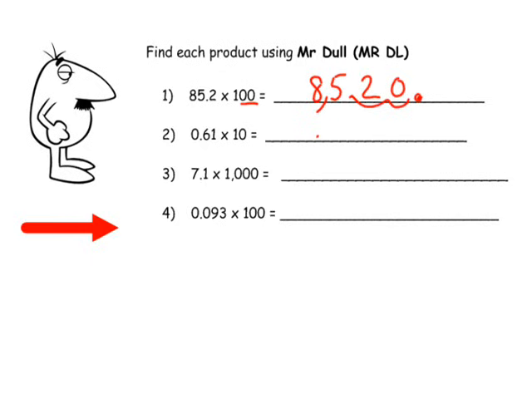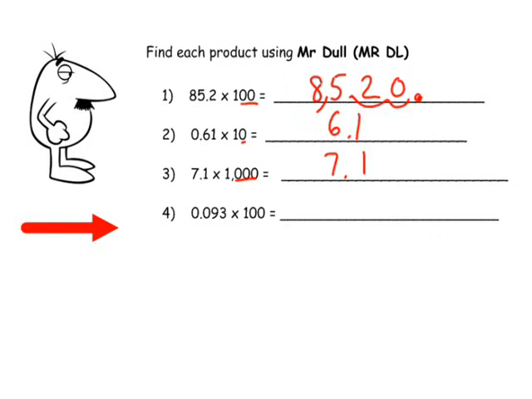Here we're multiplying 61 hundredths times 10. There's 1 zero, so we're going to move the decimal 1 to the right. It would be 6 and 1/10. Really what you should do is you should erase that first decimal, and make it 6.1. Okay, 7.1 times